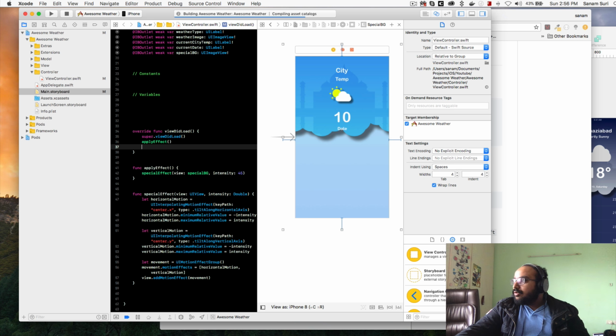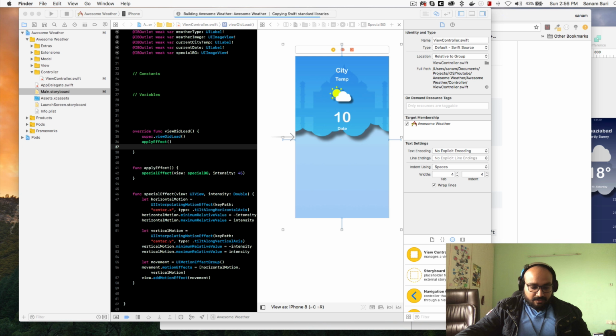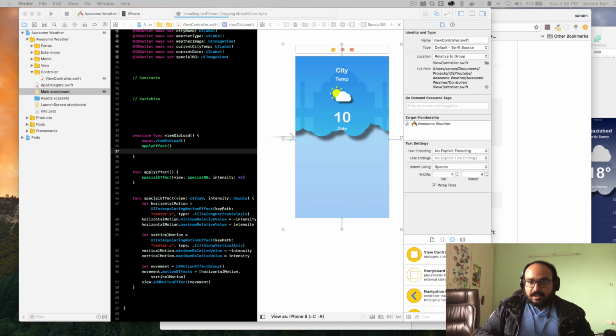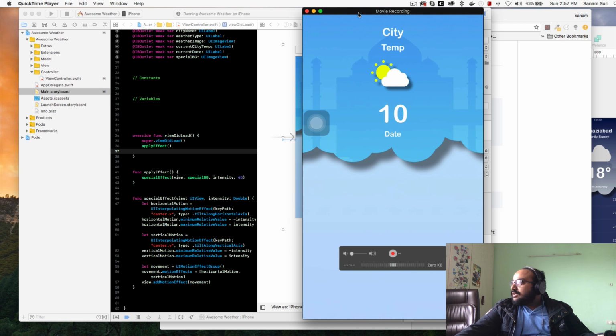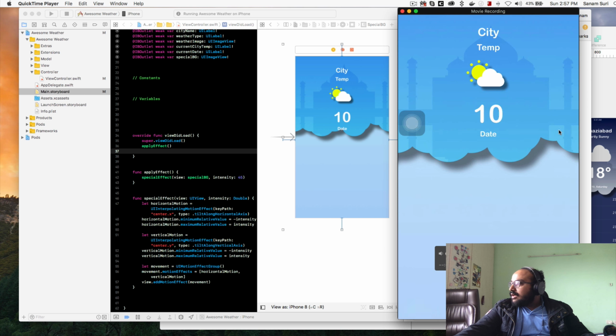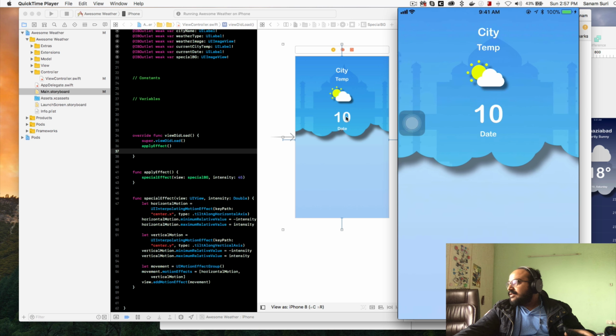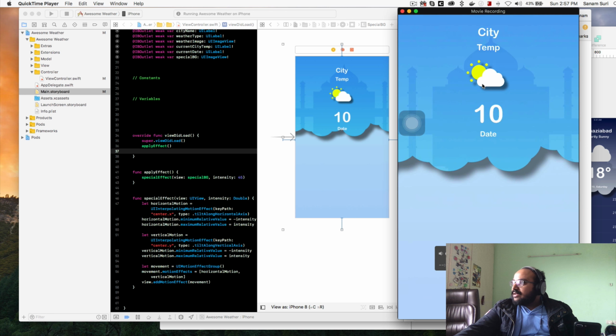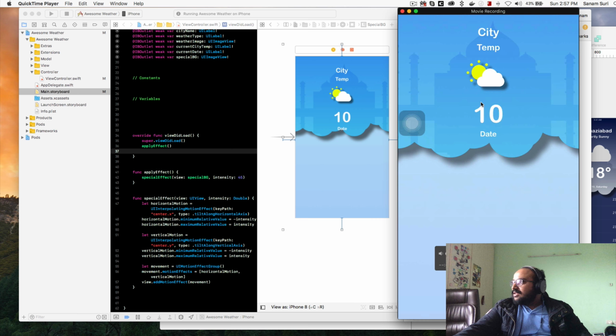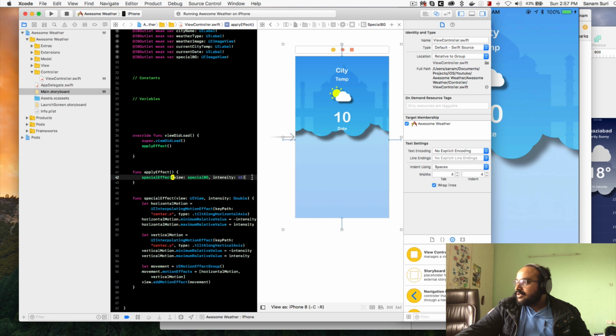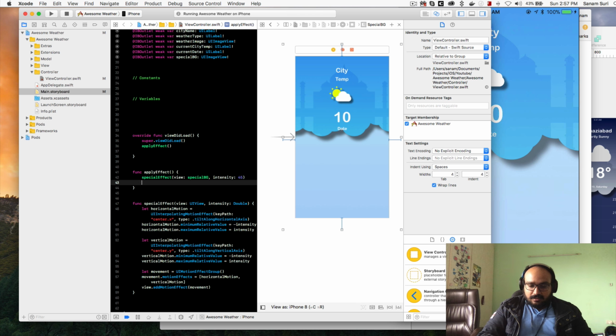Also let me pull open my iPhone screen over here. QuickTime clear. So you can see this is the app that we are working on, right? Now if I move my device, you can see that background is moving, right? You can also add effect to these. So let's try to add one more. Let's do like this. Special effect,